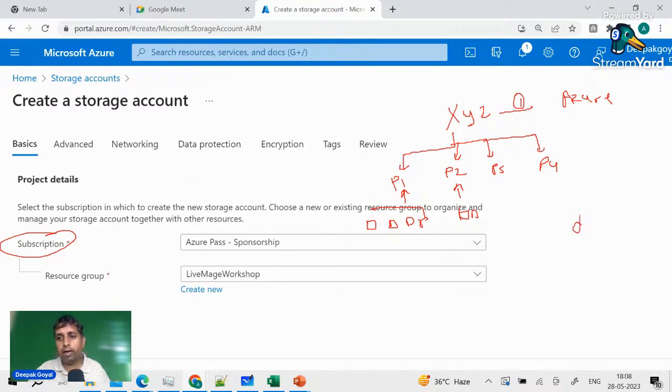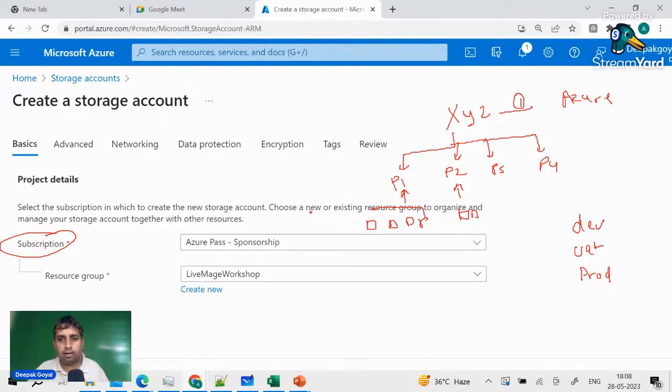So like one is a dev, one is UAT, and one subscription for prod level. Again, that depends how any company is accessing it. Some company might have a different subscription for different environments, some company might have one subscription for all the environments. The idea is, whatever resource you create, the money for them will get deducted from this